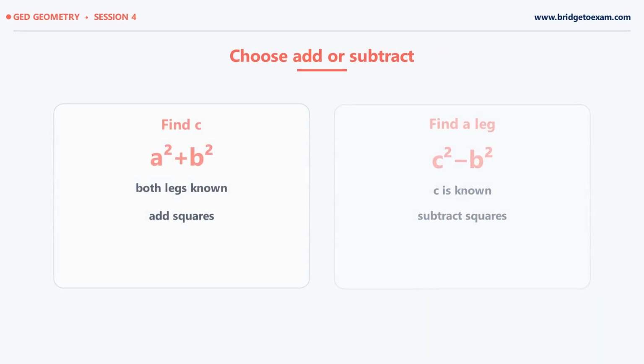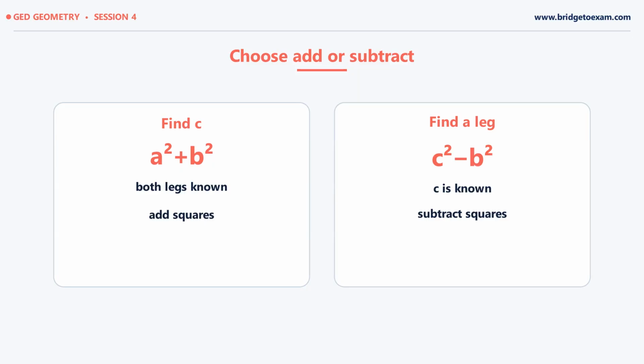When the unknown side is the hypotenuse, add the leg squares. When the hypotenuse is already known and a leg is missing, subtract. Do not decide from the wording alone. Label C first. That single label tells you whether you are building C squared or taking one square away from